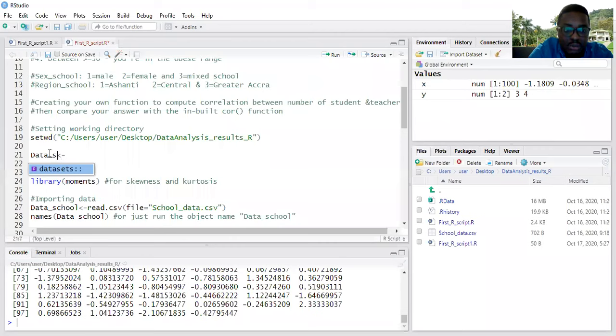So what I'm saying is that I'm going to import the data into R, the data that we've already saved, okay, which is in our folder called data analysis. I'm going to import it. I'm saying that after coming into R, it should be saved as data school. So there are two ways. One could have just written